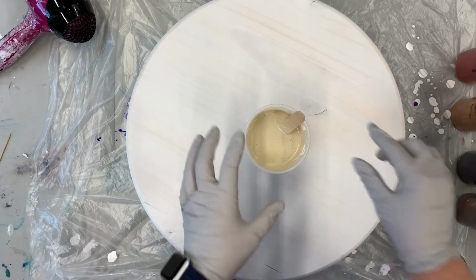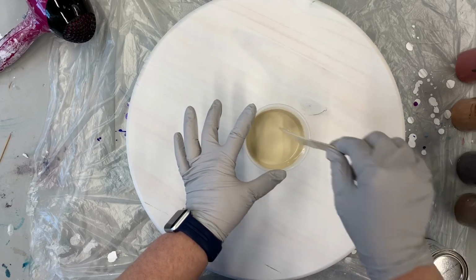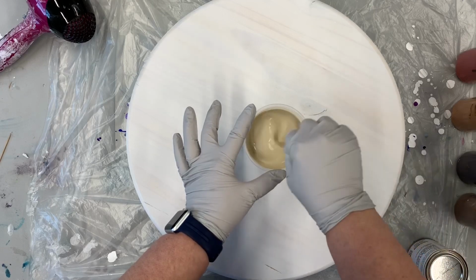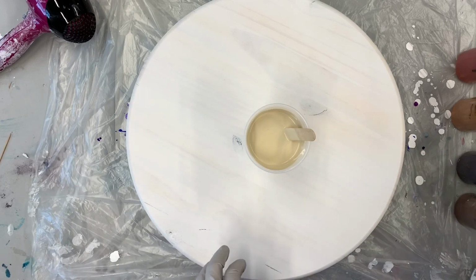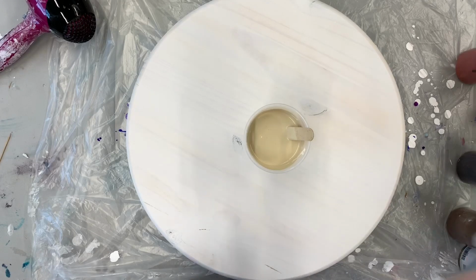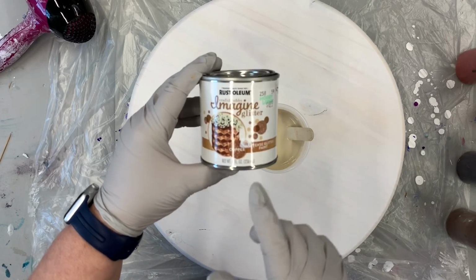So I took that paint, I added my pouring medium to it. I did thin it down a bit with water so that it would flow over the wood pretty well. And then I did also add a little bit of Flow acrylic white to it because I thought it was a little bit dark. The colors that we're going to use today are burnt umber, raw umber, burnt sienna, and raw sienna. And then I also have my little custom mixed glitter mixture of the Rust-Oleum Imagine Glitter Copper,